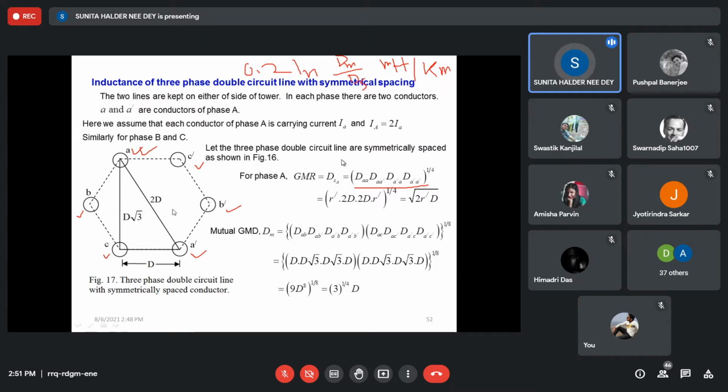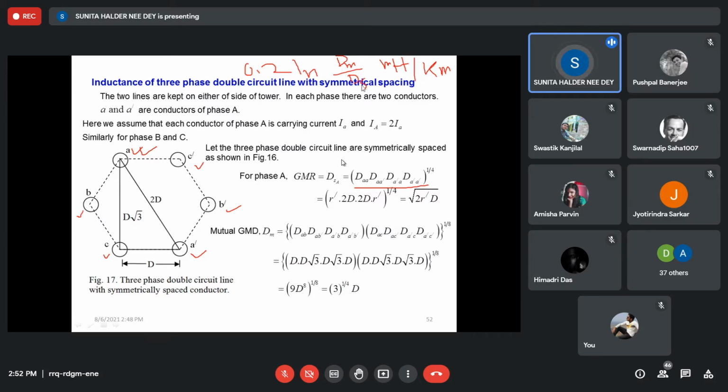I generally practice that I find all the mutual distances for phase B. So for phase B, AB and AB dash. Similarly, A dash B and A dash B dash. So there are four distances. Similarly, from A to phase C, A to C dash, A to C, A dash to C and A dash to C dash. If you write the distances, you can count how many there are. Then it is eight, so you make it 1 by 8, because the geometric mean root will be 1 upon the number of distances. Now you put the values and you can get it, right?